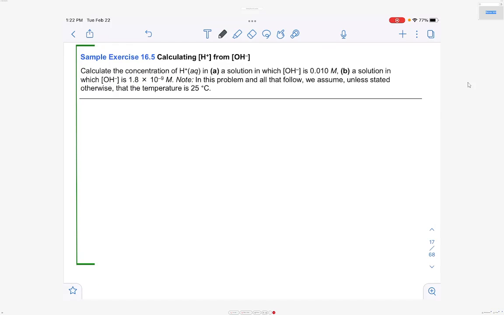Calculate the concentration of proton in a solution in which A, hydroxide is 0.010 molar. B, a solution in which hydroxide is 1.8 times 10 to the negative 9 molar. Okay, we're going to assume that the temperature is 25 degrees Celsius. So in this question, the concentration of hydroxide ions is given and we are asked to find the proton concentration. Since we already know the Kw value, we can simply plug in the given hydroxide concentration to find the unknown proton concentration. Okay, so for A,